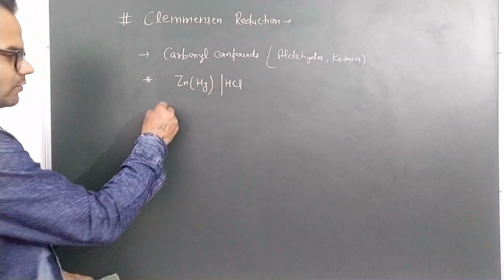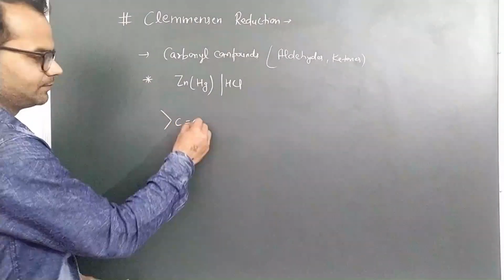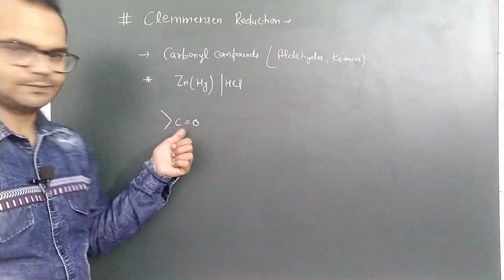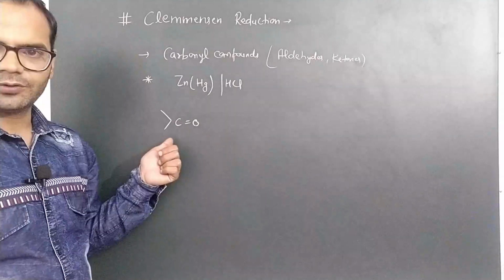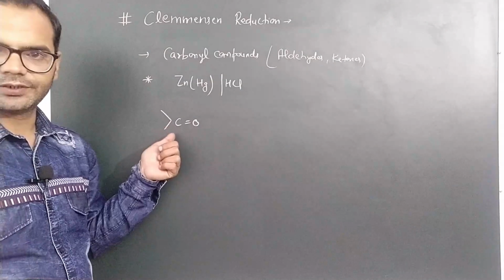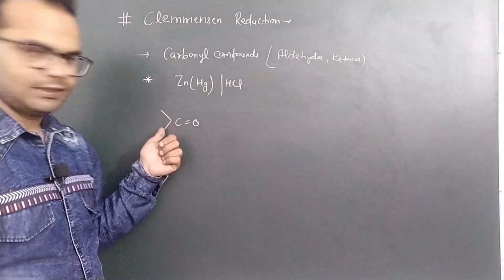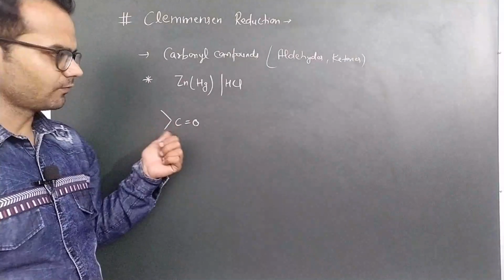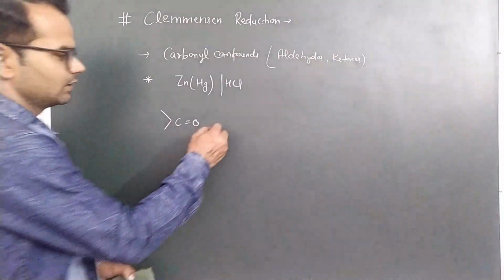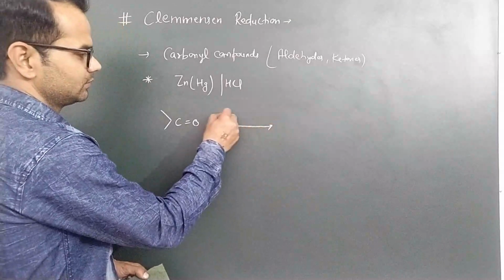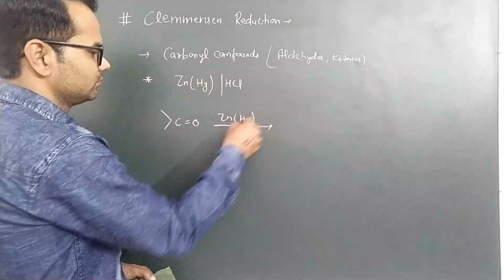So in carbonyl compounds we have the carbonyl bond. This bond is present in aldehyde as well as a ketone. If both alkyl groups are there, that will be a ketone, and if there is one hydrogen and one alkyl group, that is an aldehyde. So by using zinc amalgam with the HCl,